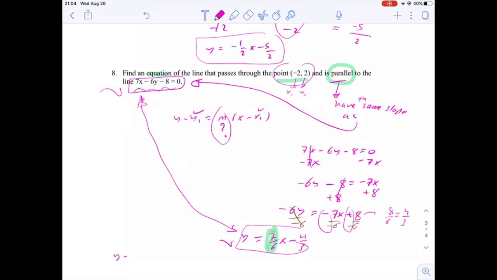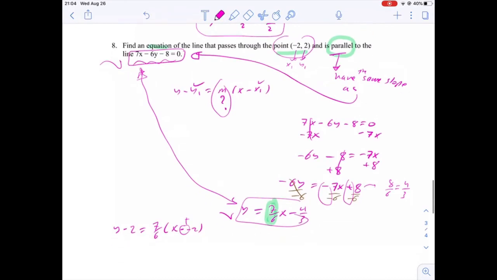So the equation becomes y minus y1, which is 2, equals the slope 7/6 times x minus x1, which is -2. Minus minus is a plus, so y minus 2 equals 7/6 x plus. Now 7/6 times 2, we just multiply the numerator by 2, which is 14/6. And then we add 2 to both sides, we get rid of this negative 2, so we have y equals